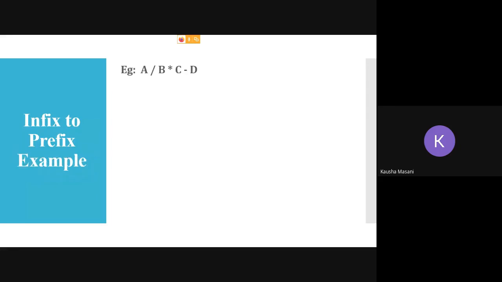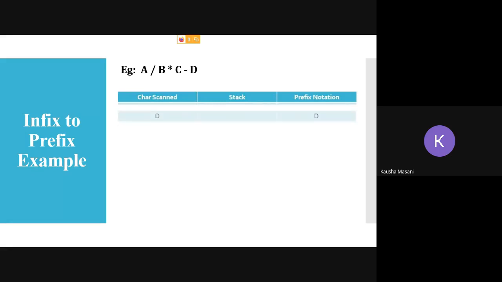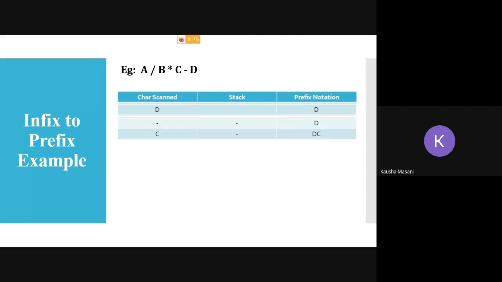So here is one example. Let's say the given infix string is A divide B star C minus D. Okay. So what is the first step? First of all, I have to scan it in reverse order. Okay. So the first thing which is going to be scanned is your D. Alright. So D is an operand. So I'm going to push it into my prefix notation. Fine. Then it will be minus sign in the next iteration. Again, as my stack is empty, nothing to be done. So I will just go and add my minus sign in the stack.